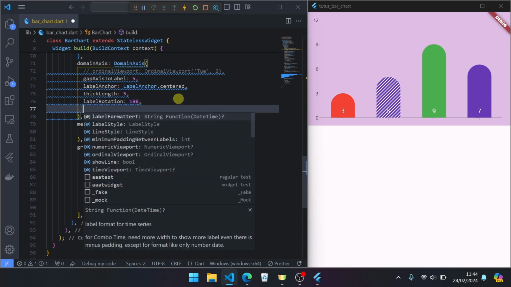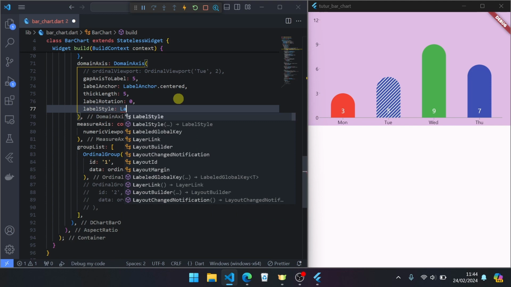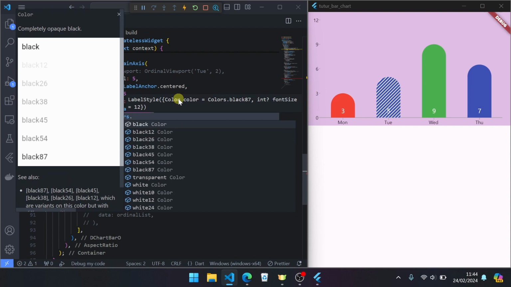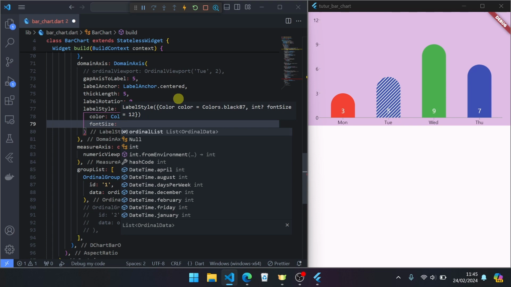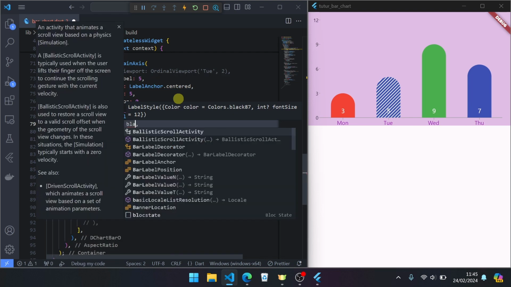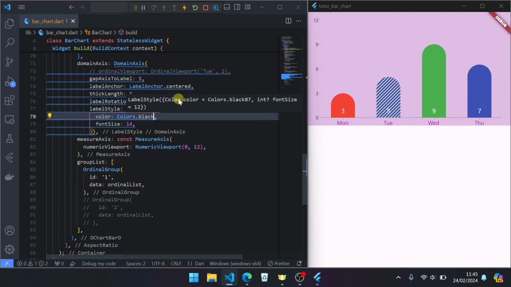Okay. Next, label rotation, change again to default 0. Label style. Label style, colors, font, font size 14, colors black.